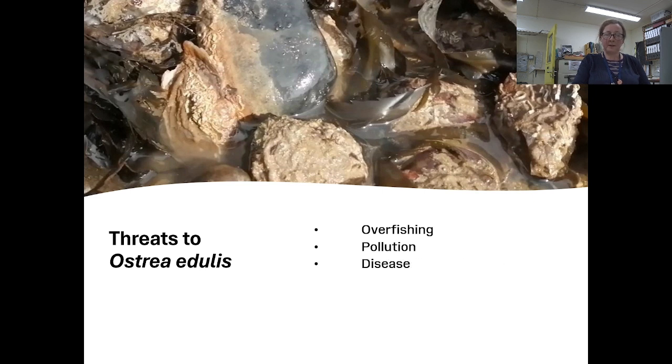Larvae and juveniles are killed off by the Ostreid herpes virus, but the main disease affecting Ostrea edulis is bonamia, which is an internal parasite that causes mass mortality, and it's spread by moving infected oysters around. It can live in Pacific oysters and mussels without killing them, but they just spread the parasite to healthy native oysters.